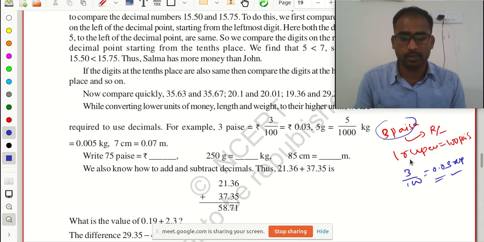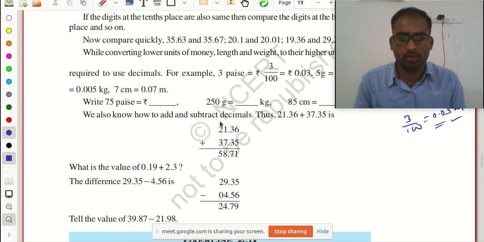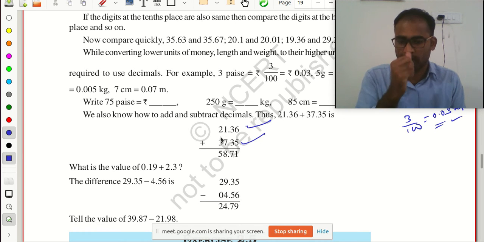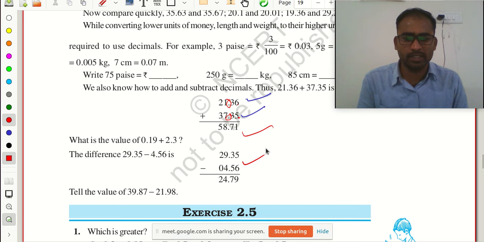This concept is clear? Then the same, how to add 2 decimal numbers. You all know this is one decimal number, this is another decimal number. Wait, first you learn the addition, then after that you learn about the multiplication. Just consider these 2 decimal points. This 6 plus 5, 11, 1 here. And you need to consider the decimal point. Same as our normal addition, but you need to consider the decimal point.